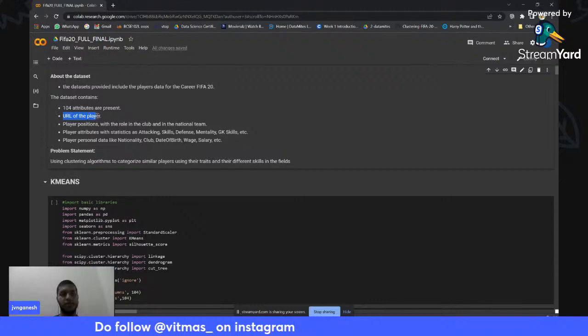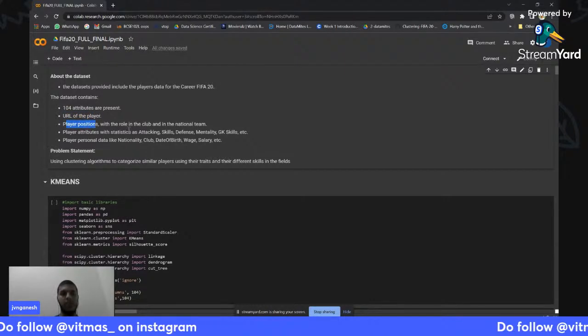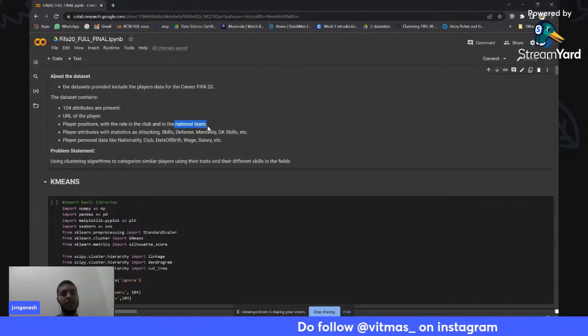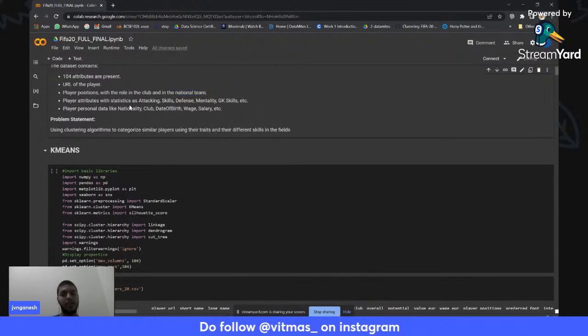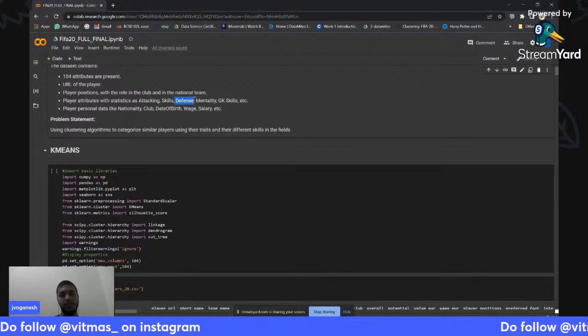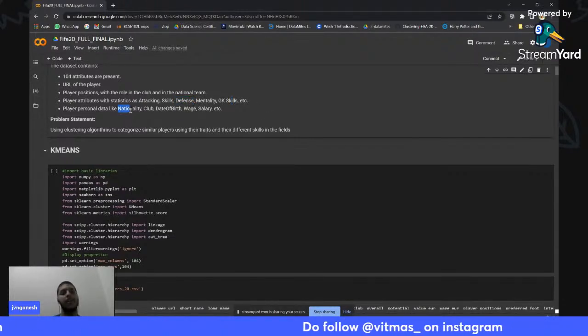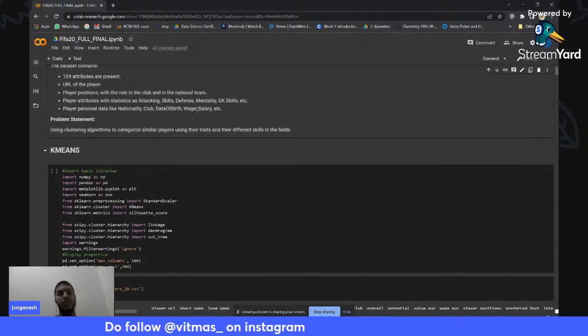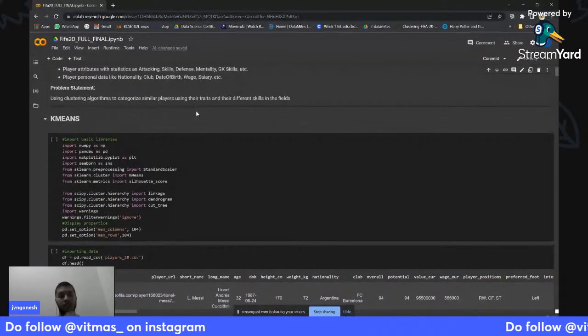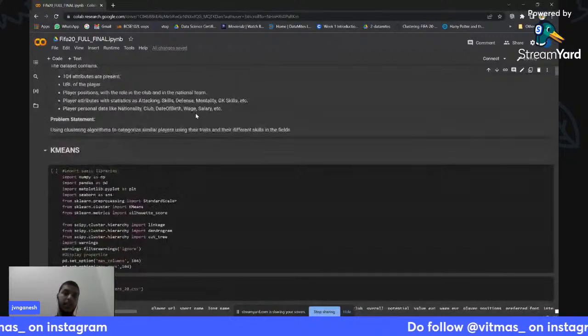So we have the URL of the player, the position of the player, what role they play in the club, and which team they represent. And then we have the skills like attacking, defense, mentality skills, GK skills, and so on. And then we have nationality, club, date of birth, and so much more. It's a huge data set. So in order to analyze a huge data set, we use